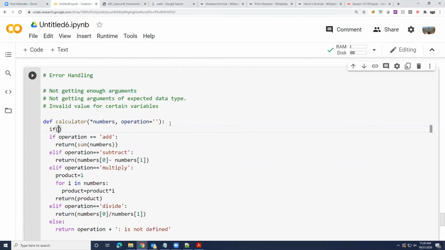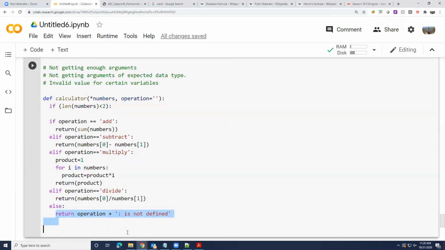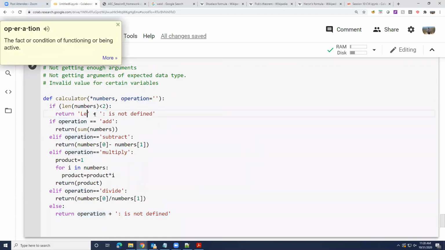So if length of arguments or length of numbers is less than 2, right? That's a problem because she only used add, subtract, multiply, and divide, so I'm just putting a universal one. If length of args is less than 2, then what would I do? I would say return less than 2 numbers were provided as input. You can return anything you want.